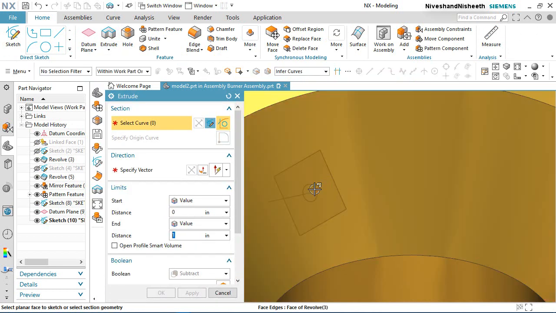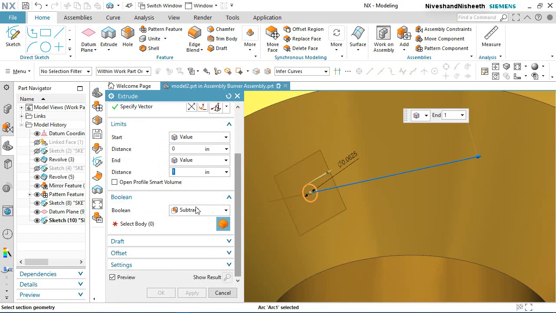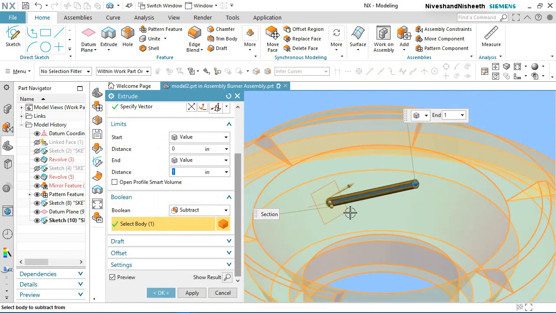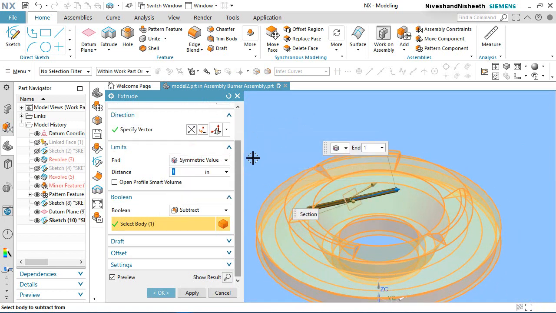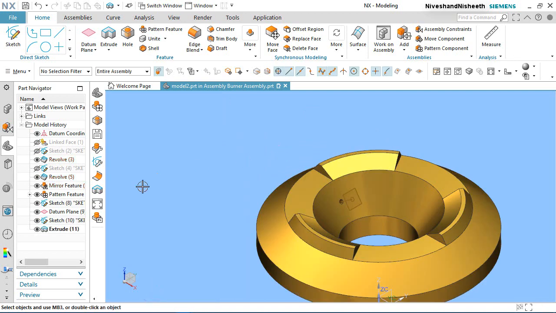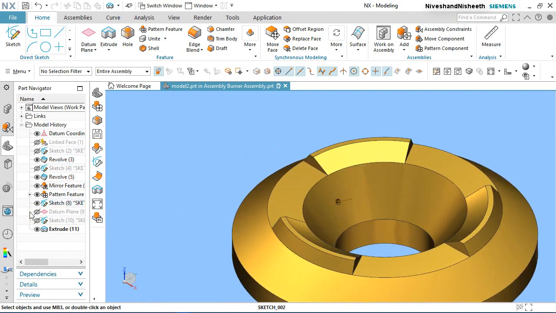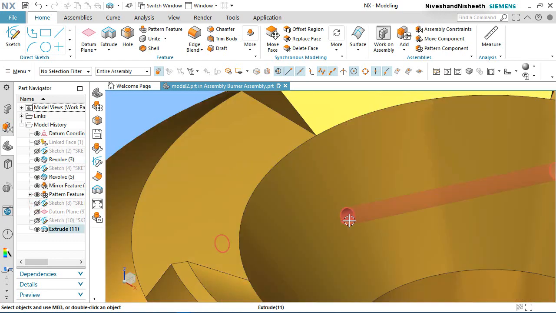Activate the extrude command. Select this circle. Select this body. Choose symmetric value. Click OK. Now see the result. My hole is created on this cylindrical face of the model.